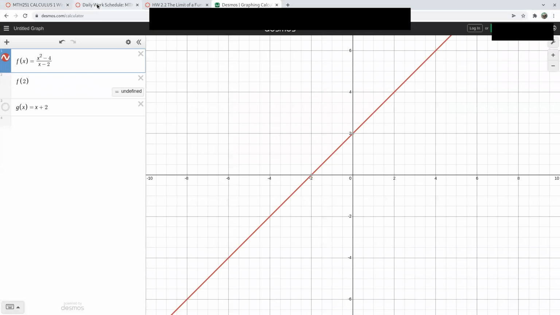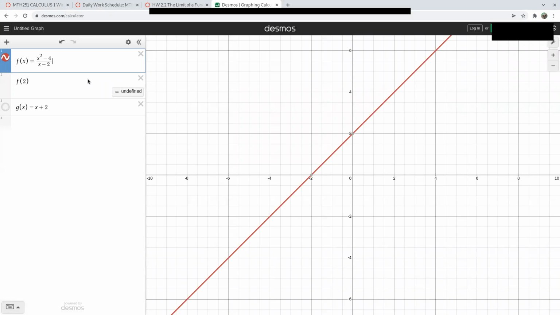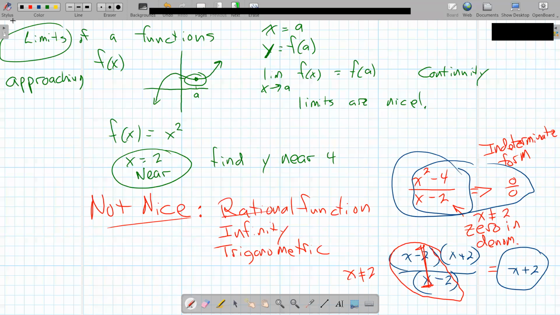So often limits are just nice. Like x squared near 2, the limit's 4. Pretty nice. This one is not so nice because it doesn't actually exist there. So some examples again. The limit as x goes to 2 of x squared is simply 4. It's just nice. However, the limit as x approaches 2 of x squared minus 4